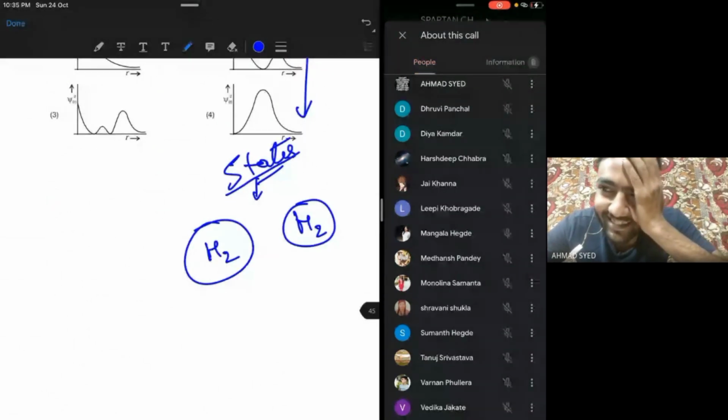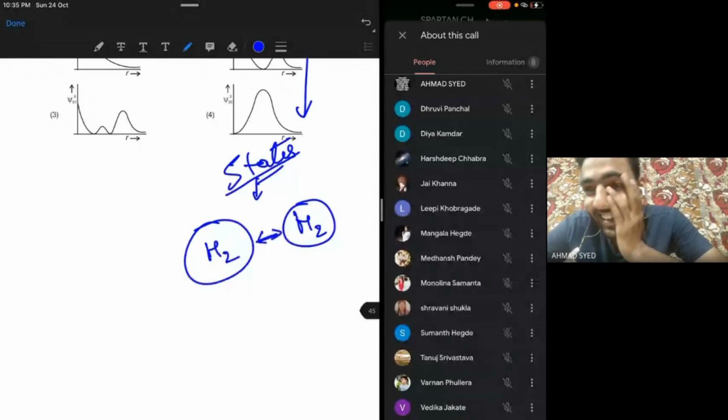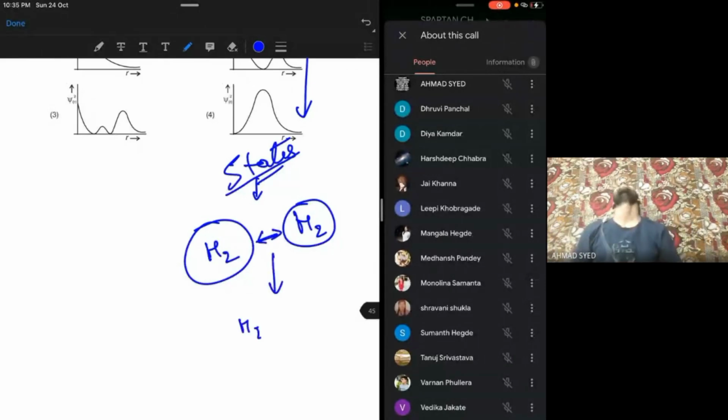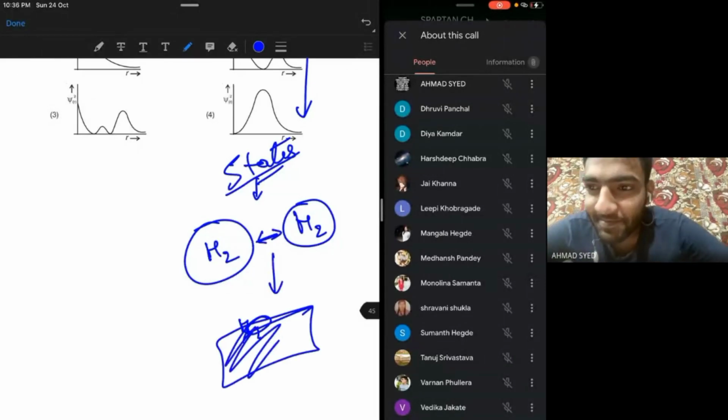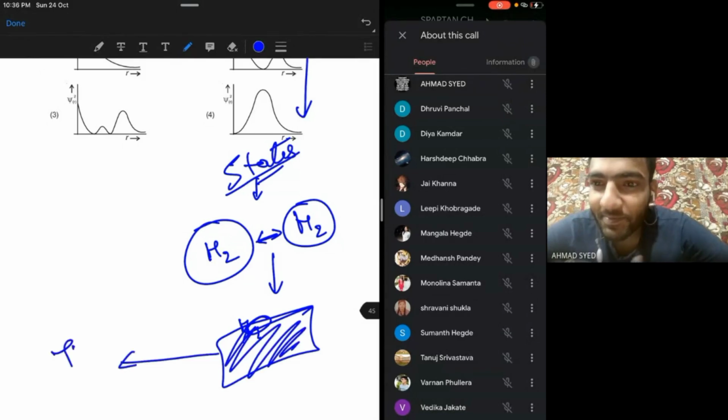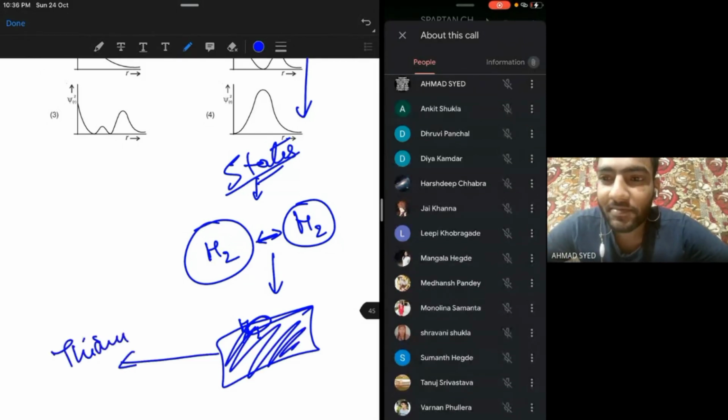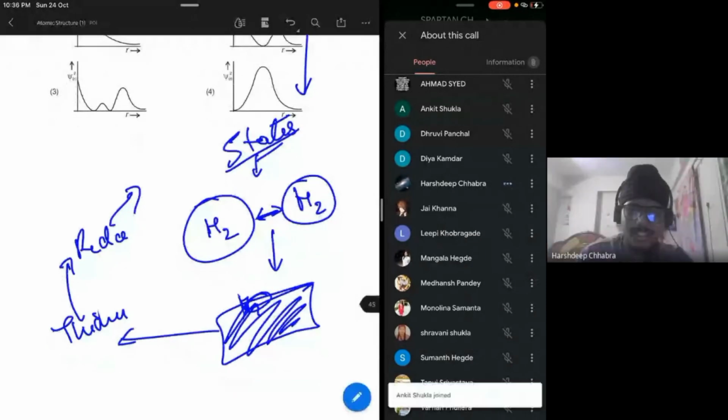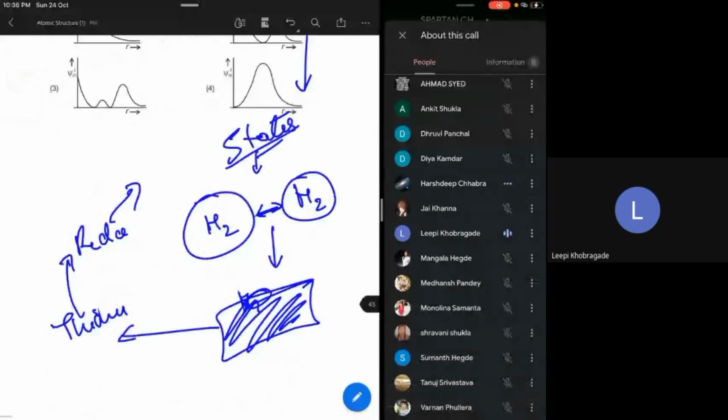Still, let me tell you a little about how these molecules interact, and why H2 is a gas or a liquid and all that. After liquid and solid, we'll go to thermodynamics. And after thermodynamics, we'll go to redox reactions and p-block and other things. So this is how it is. Kinetic theory is left. It's so beautiful.